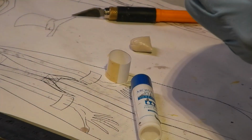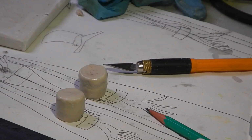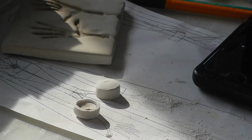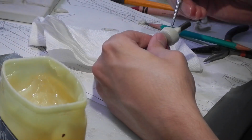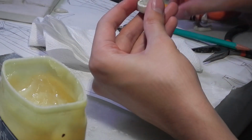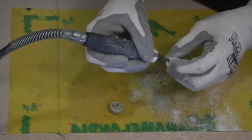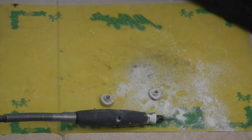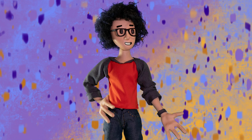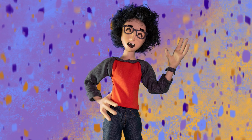For the cuffs, I began sculpting 2 epoxy putty cylinders, closed one cap on each, and then cut the excess height. Then I sanded them before drilling a hole in their center and used the drill heads as a base to sculpt tubes for Duke's hands to pass through. Then I used our Dremel to grind the inside of the pieces to make them lighter and thinner. While doing this, one of my pieces broke. Anyways, I liked the other one better, so I decided to later make a mold for it to cast pieces